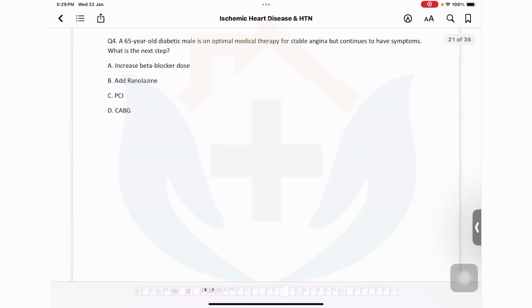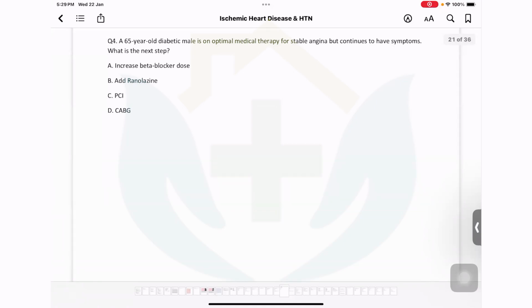Okay. A 65-year-old diabetic male is on perfect medical therapy for stable angina, but still continues to have symptoms. What is the next best step? So what will you do in this case? Patient is on maximal therapy. Patient is on a good dose of beta blocker, a good dose of nitrates, on aspirin and statins, but